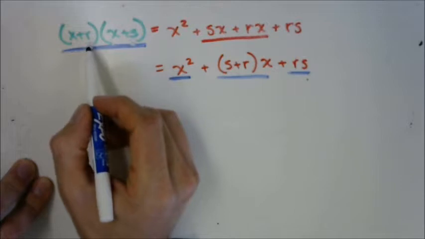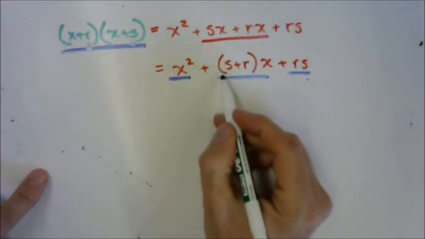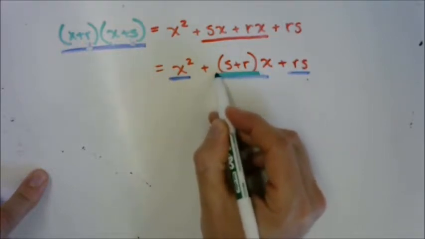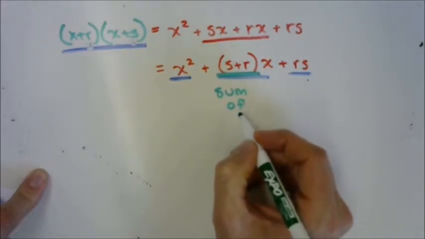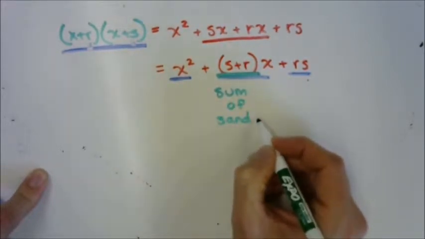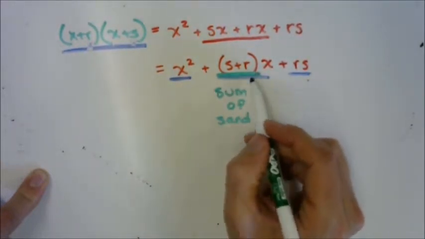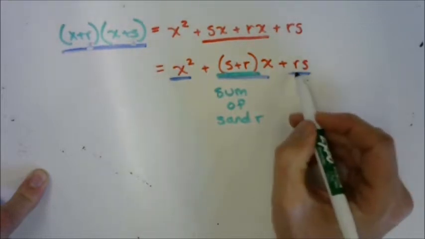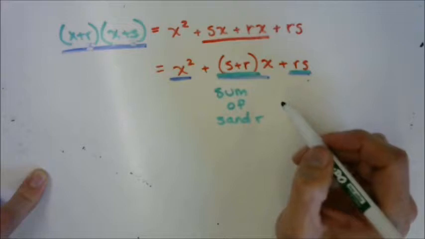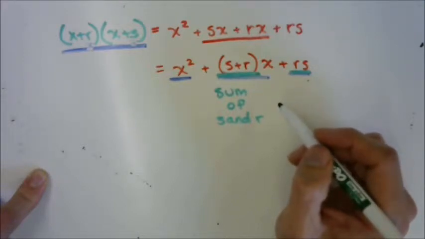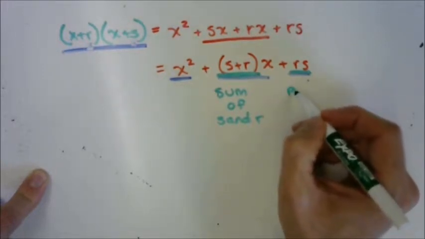So if we look at our r and our s, the coefficient of the x term, that means just the number that's in front of the x term, is the sum of s and r. So the coefficient of the x term is the sum of s and r. And what's this called? If you times s and r, what's that called? When you multiply things together, the answer is called the product. So this is the product